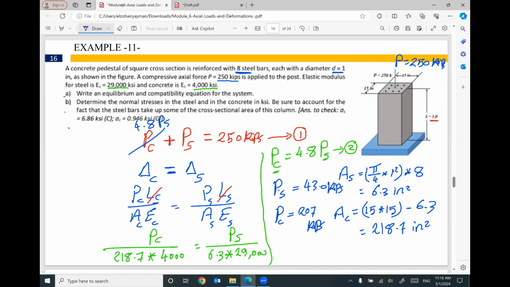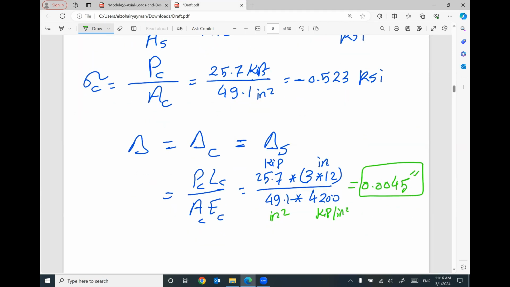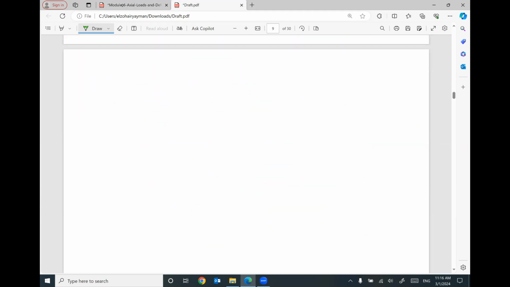It's not a big deal. So the part of the load supported by steel will be around 43 kip, and the part supported by concrete will be 207 kip. If you would like to figure out the stress in steel,